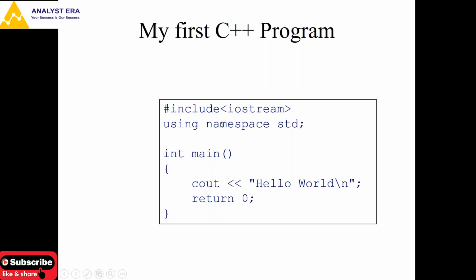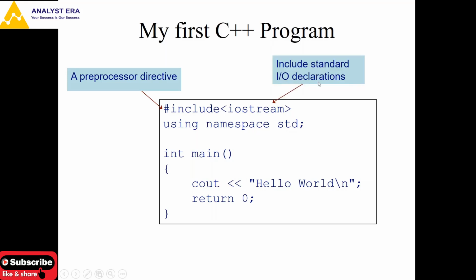The next line is using namespace std. This is a little bit of a next part that I will explain in maybe the next session, where it is used in the code. So just remember it. This is the standard library provided by C++. As I explained, iostream holds the IO declarations. The next one is cout. This cout we are using from iostream, and it is used for whatever string we provide to this function. So if I say cout hello world, it will print the hello world string in the output window.